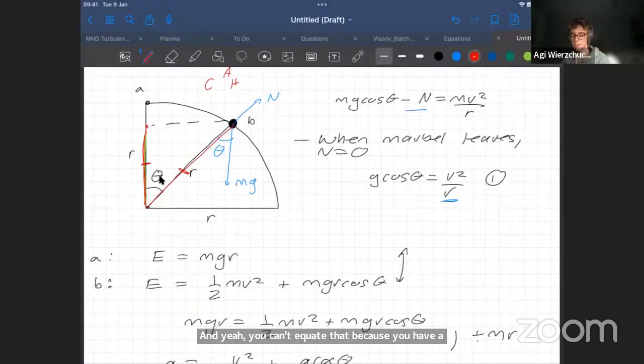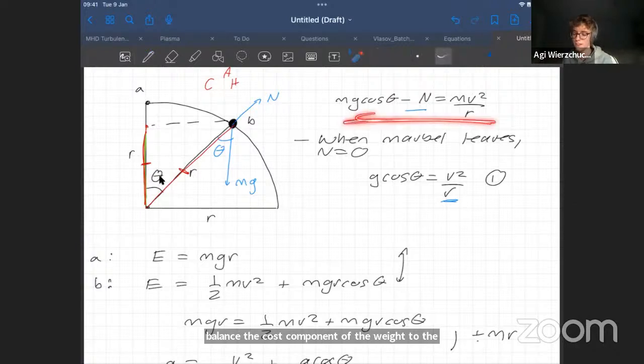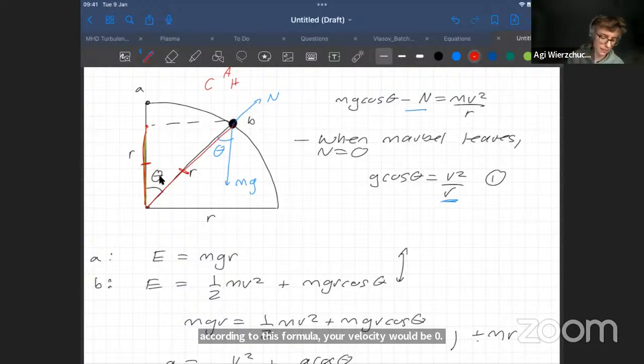The point is, in circular motion, there is a resultant force. The resultant force is pointing towards the center of the circle. So you can't just balance the cos component of the weight to the reaction force, because if you had that, then according to this formula, your velocity would be 0. You wouldn't be having any circular motion. The key to making sure that something doesn't leave